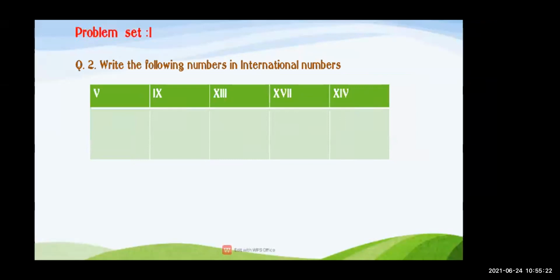Now what is the first answer? Very good. I want answers from your side. I will not tell you the symbol. You are going to identify and give the answers in the chat box. The first Roman numeral is, very nice, it is 5. Okay, now next, what is the second? Very good. Second is 9. Very nice. Third, what is it?